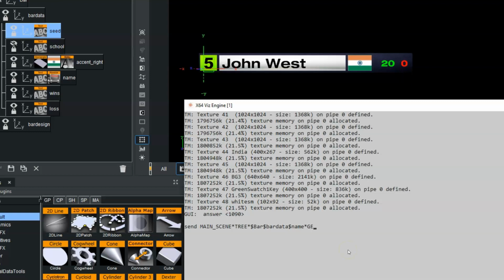And we are going to type in geom here because geom is short for geometry. We need to tell it what type of geometry it is. It is a text geometry. And now we need to tell it what we want to change the text to. So it's going to say text set, and then we just need the answer here. So let's create a name. We're just going to say Jerry North, and we're going to hit enter, and you can see that it now